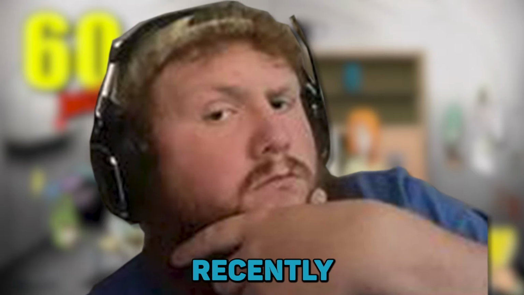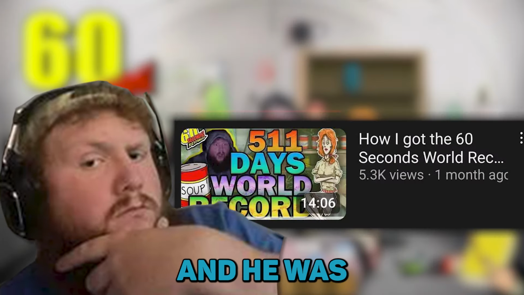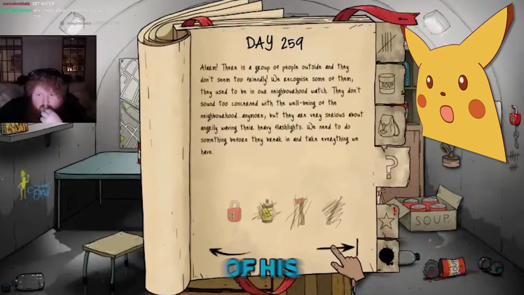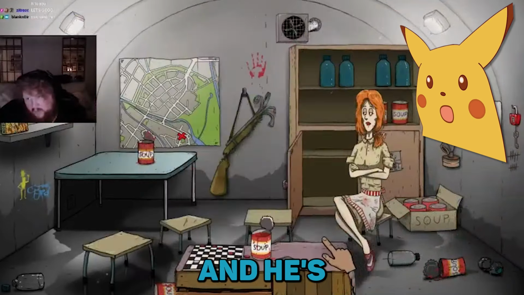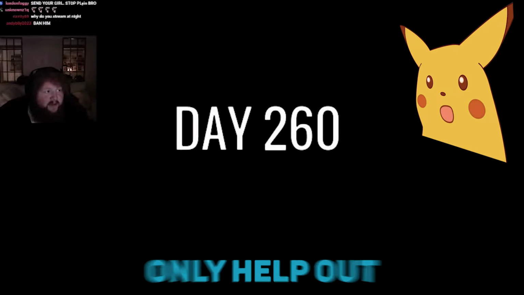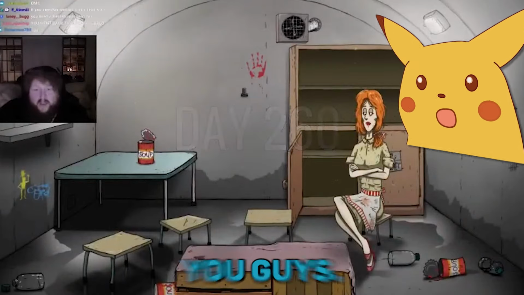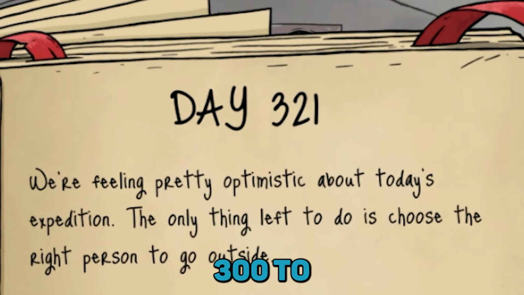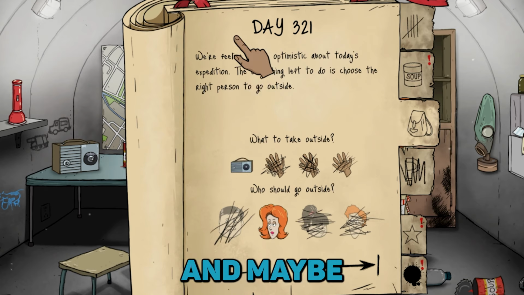So CaseOh recently reacted to my video and he was flabbergasted at every part of the run. I have been watching some of his 60 seconds VODs and he's not that good, so I thought I would make a guide to not only help out CaseOh but also you guys. This guide probably applies if you want to reach days 300 to 400 plus, and maybe if you get lucky